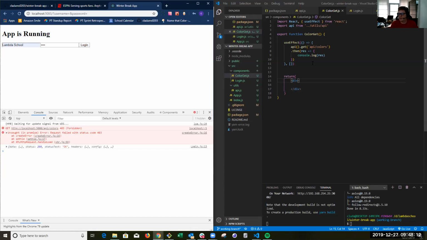Because useEffect only runs on the initial render. So because we're in the same component, it's not going to re-render. But if you had router redirecting you to different components, it would trigger the render at that point. And there are different ways to do that too. Like the easiest way to do it, it's against the